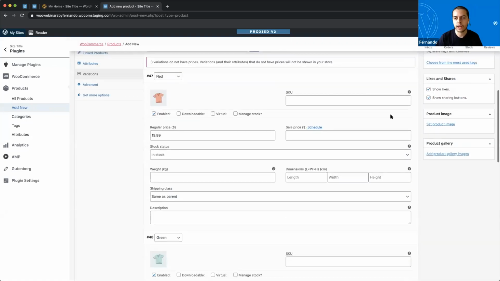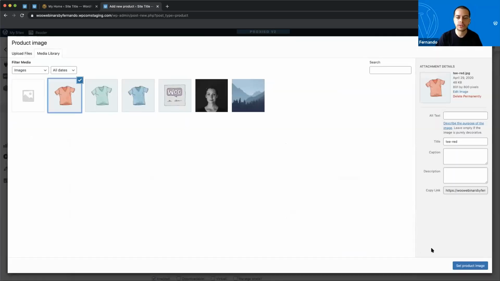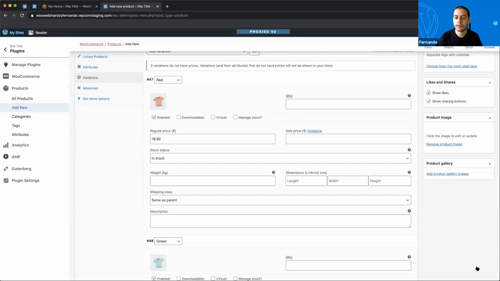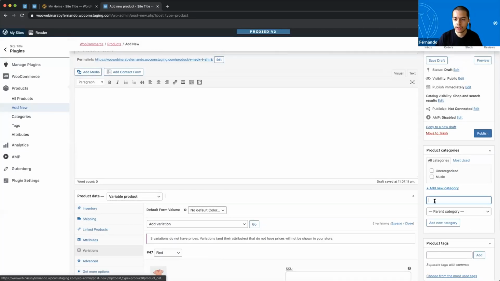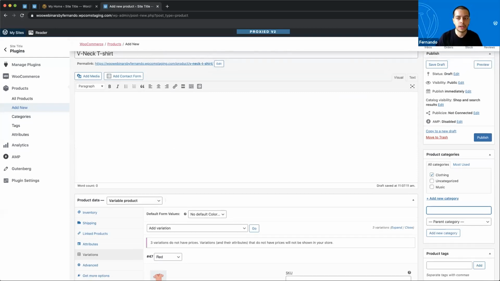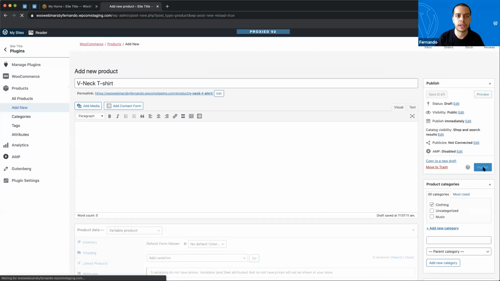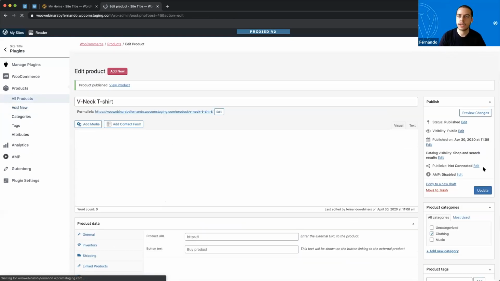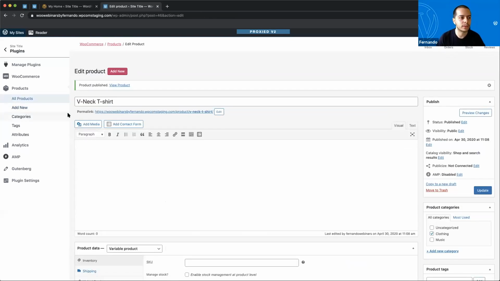And then we can also set the main product image, which is what's going to appear on the shop page and on other catalog pages. And then we're going to add our category for clothing. And we're ready to publish our second product. I'm going to show you at the end of this how this looks for customers on the front end. But for now, we go back to WooCommerce to show us